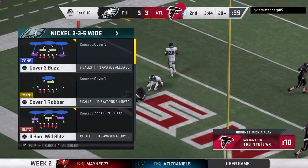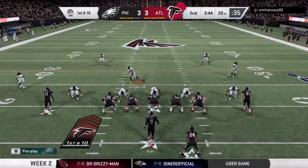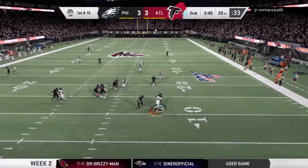Well, they thought they were going to break the tie. The defense had other plans. They were already in field goal range, but boom, an interception. I don't know if this was a case of being a little bit too greedy with the opportunity to put points on the board, but give credit to the guys on the...